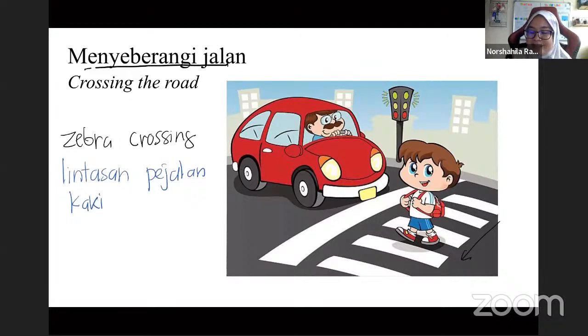How can you imagine that? So this is the kid. The kid will show the hand to the driver. Normally we call it the power of hand of Malaysian people. We also have a bridge for crossing. The bridge we call a jejantas, the jejantas for crossing the road. But sometimes it's way too far. That's why people have another way of crossing the road.